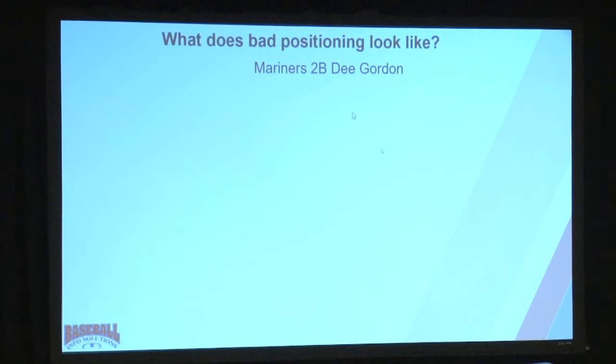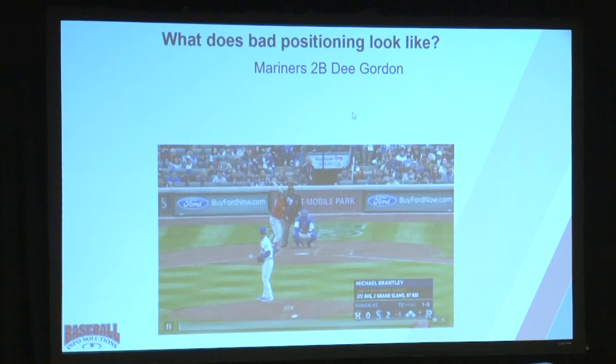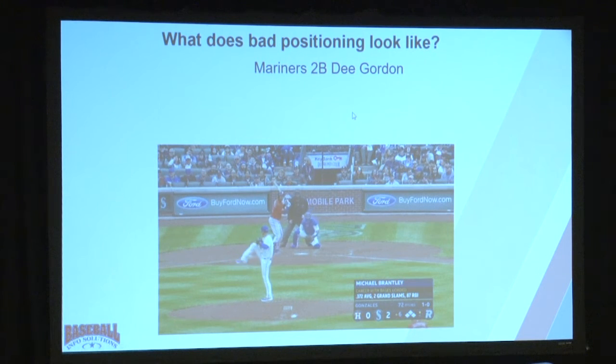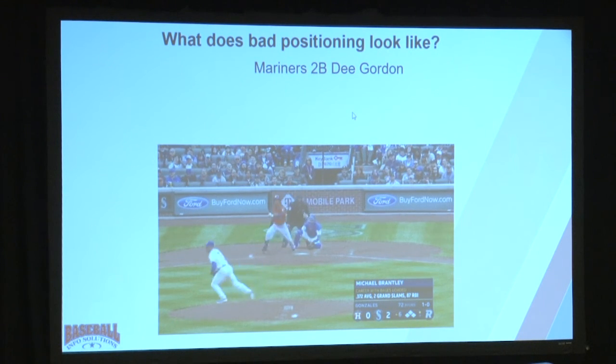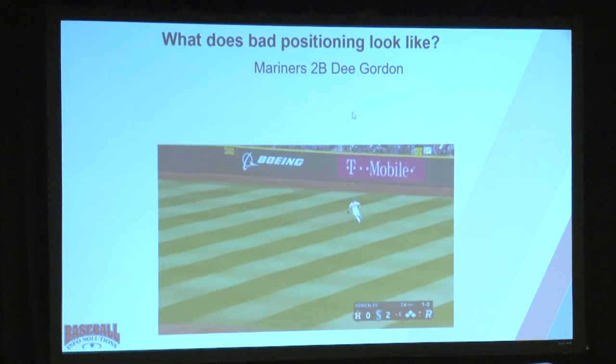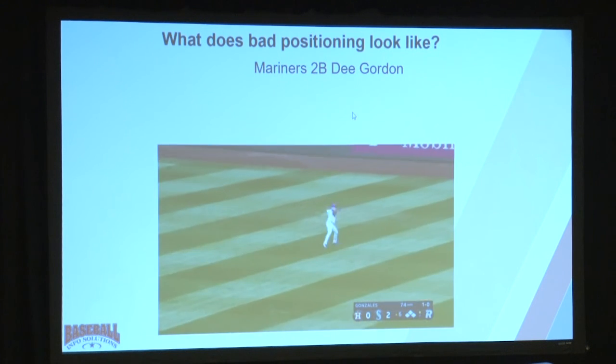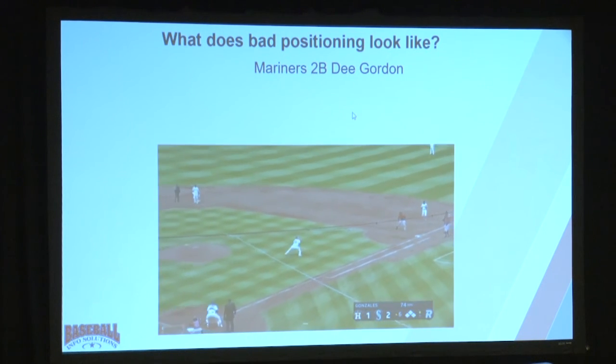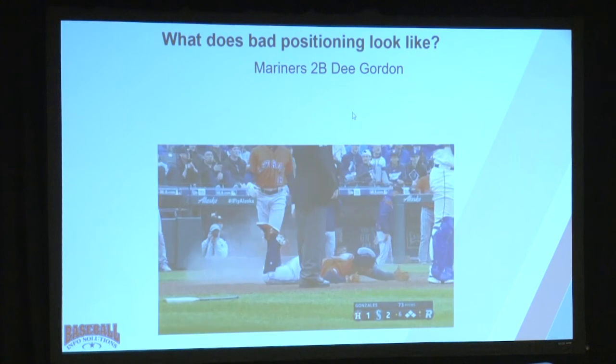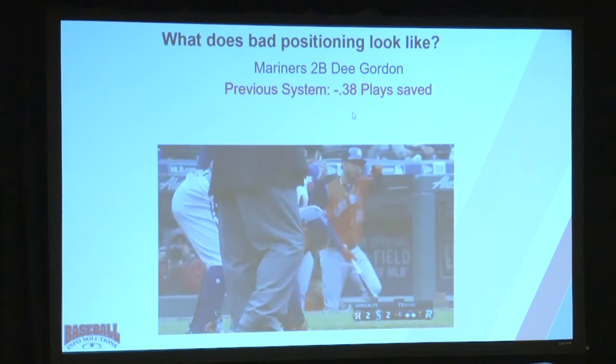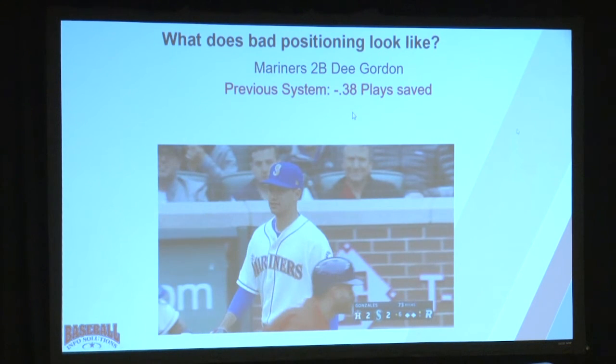What does bad positioning look like? And this isn't the fault of D. Gordon at all. Ground ball in the hole. Gordon was playing over a little towards second base, but not shifted. In our previous system, he was being penalized nearly 0.4 of a point in terms of plays saved. We were treating that as if